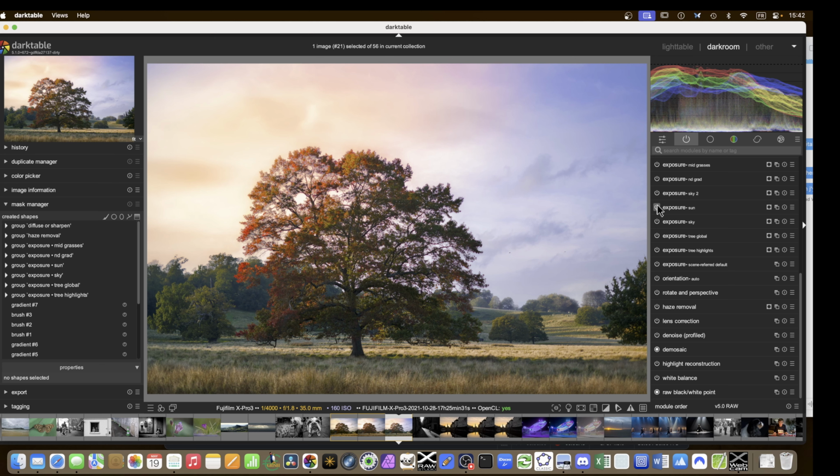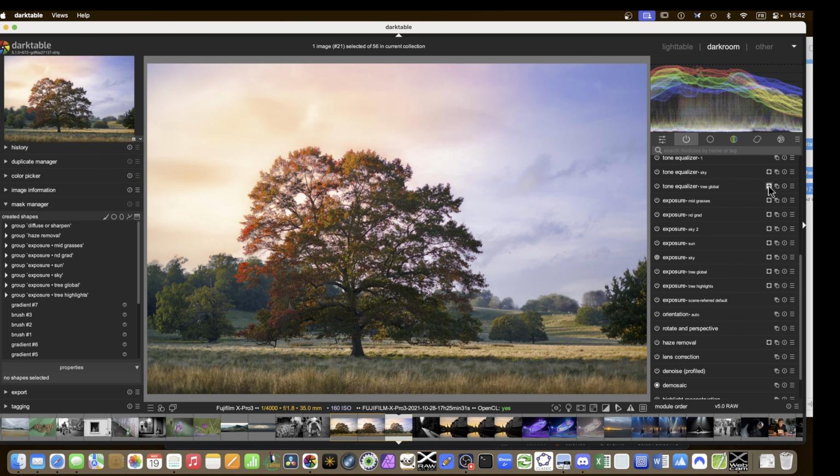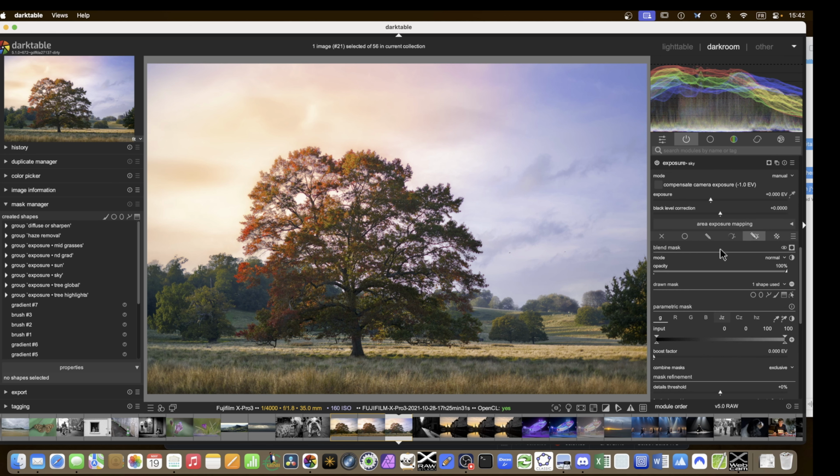Hmm, sky. There's one of the masks which would need reworking, I think. It can't be in the tree, so it has to be the sky. I'd have to rework the sky mask a bit to get rid of that. Now, the advantage of reworking stuff is that if I change a mask here in exposure,